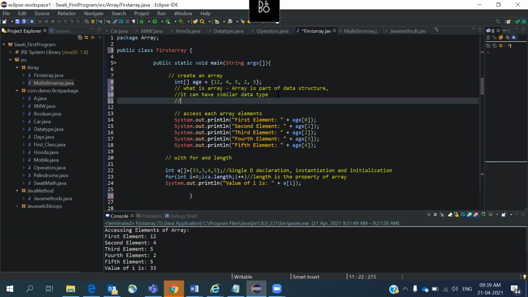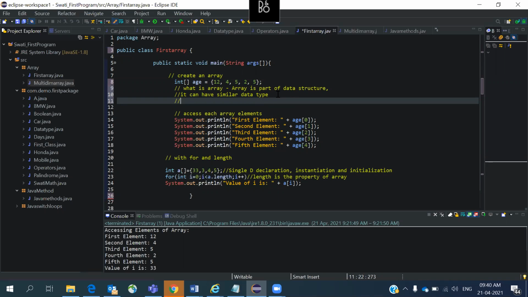Once I reach home, I segregate all tomatoes into one side, all onions into one side, all beans into one side, all ladies fingers into one side. This is how I segregate and keep them, and this is called an array.